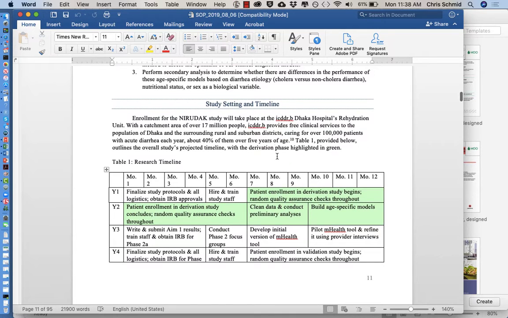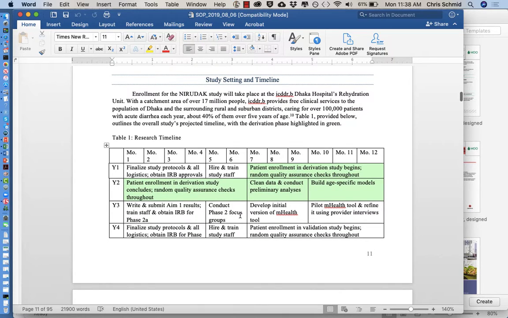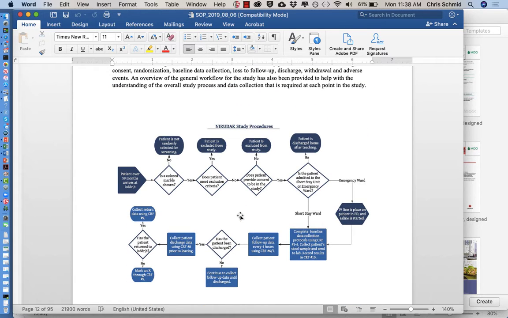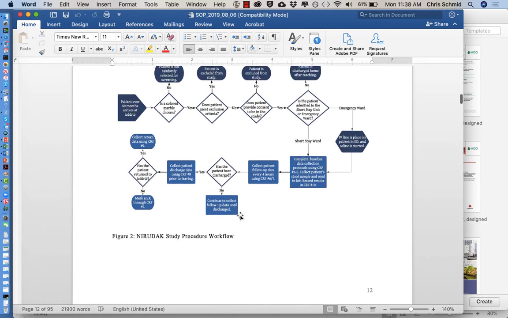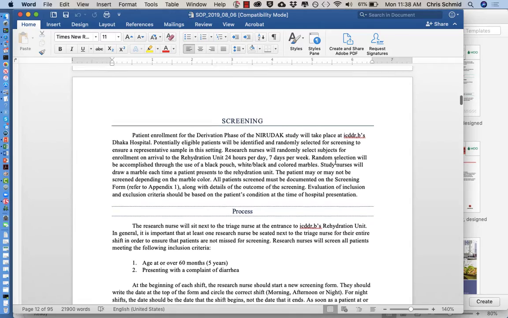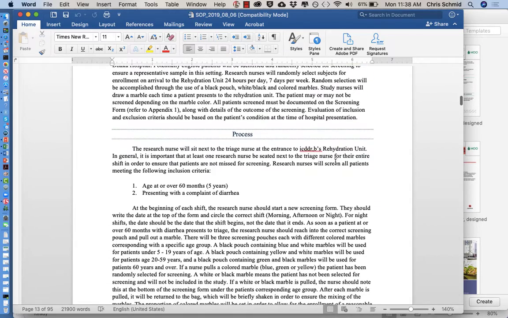Then we have a timeline, so how we're going to collect people and over what period of time. It's a 5-year study. Now we have our flow chart as to what's going to happen in the workflow. This is how they're going to be screened. So these people are going to present. We're not going to take every single patient because that would be way too many. There's a procedure for randomly selecting people for the study. Then there's the process of how you do the intake of the individuals. And